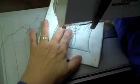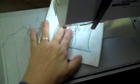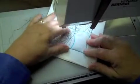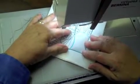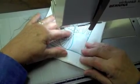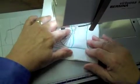I'm going to line that up right there, and then my machine has a feed dog button I can punch so that it puts it into free motion. If your machine doesn't have free motion, you'll just have to use the patterns that are straighter lines. So now